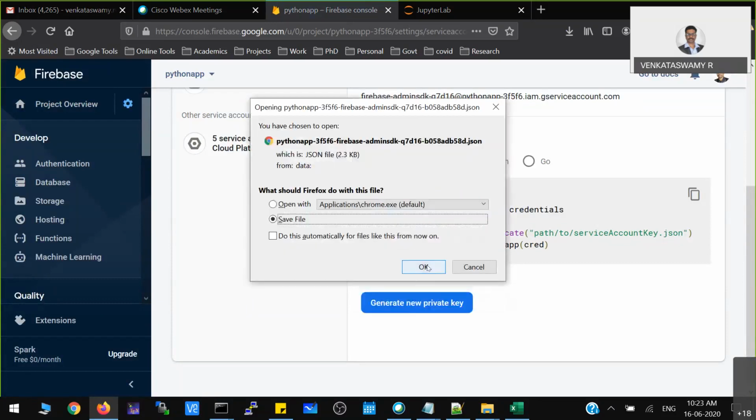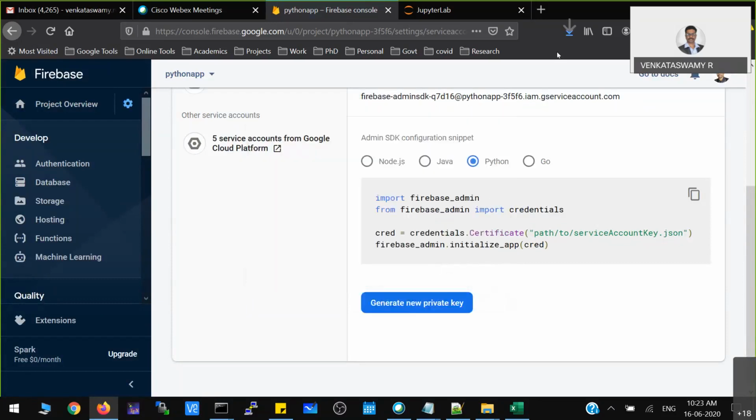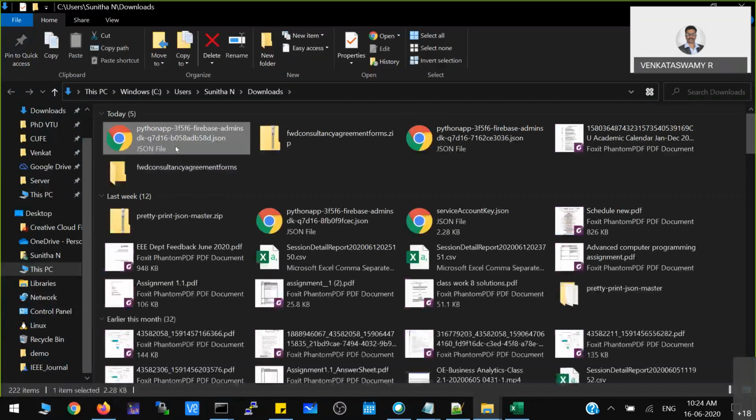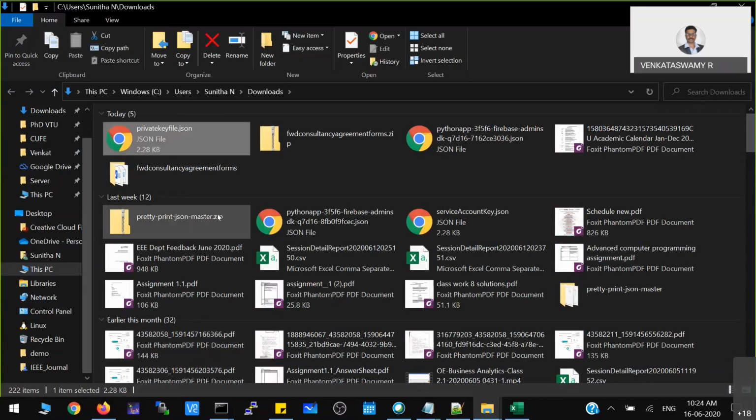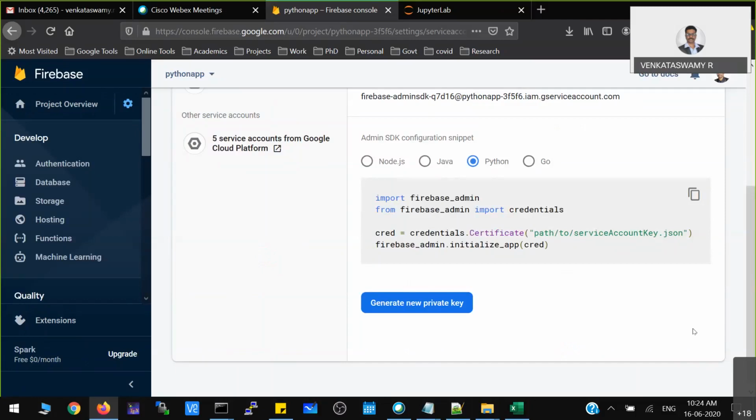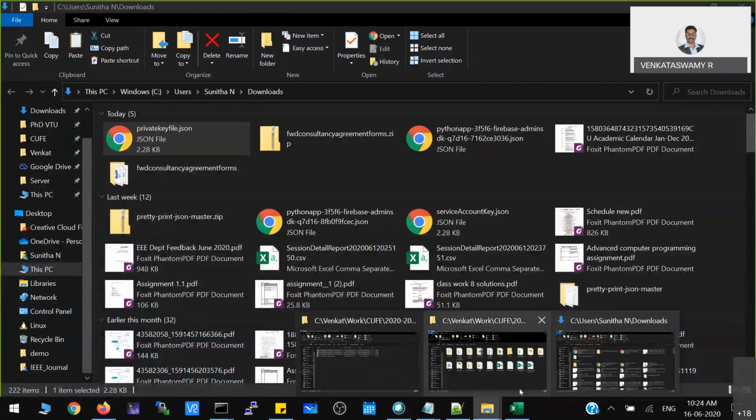I am just saving this particular file, and then you will get one JSON file. Inside that, all the private keys will be there. Now I am just giving this a name, private key file, something like that. You can give any name. Okay, I just gave some name, and then what you have to do, this private key file, which is also called the service account key, you have to place in the folder,